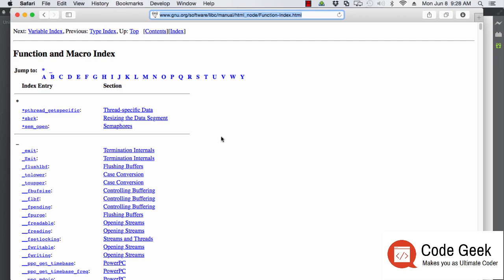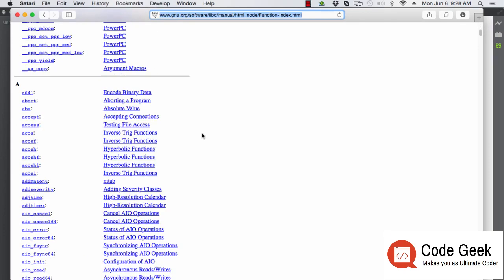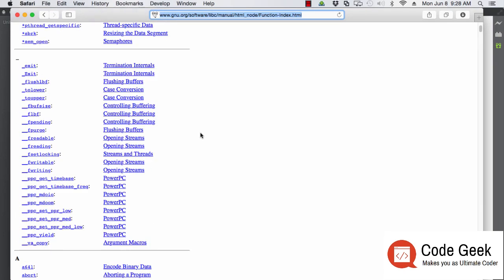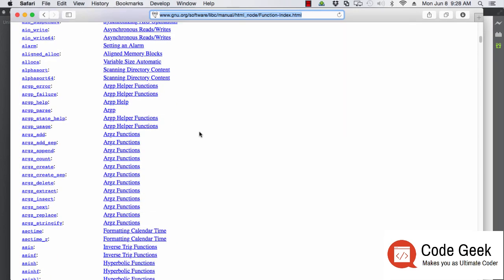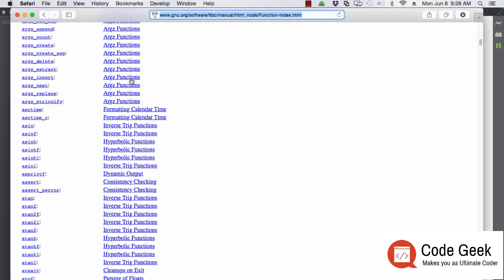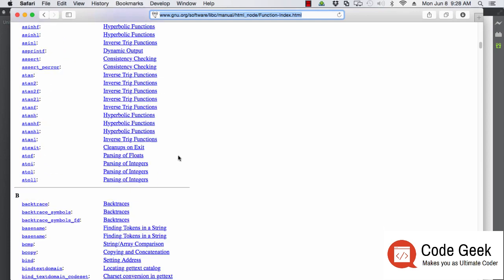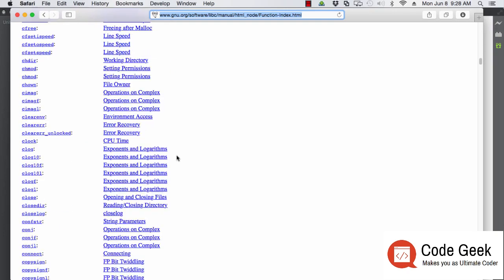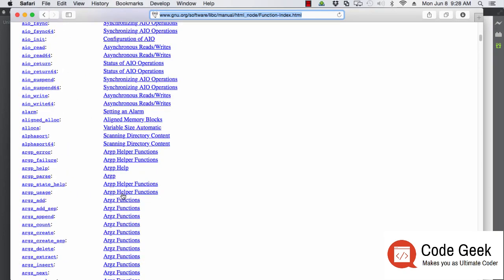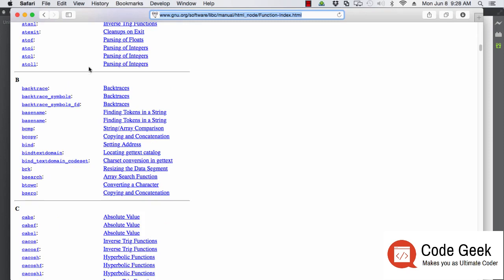Now, this may seem overwhelming, but first of all, the function names are fairly self-explanatory, and then there's also a list here that will get you a link to other functions of the same sort of thing. So let's just go down here, and what you should do is first of all read through this, and any function that you don't know what it does, you can go ahead and click the function name and see what